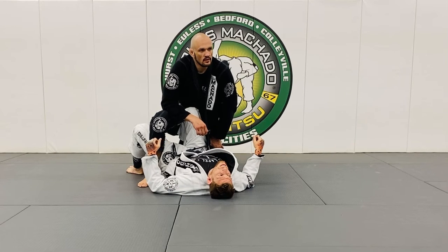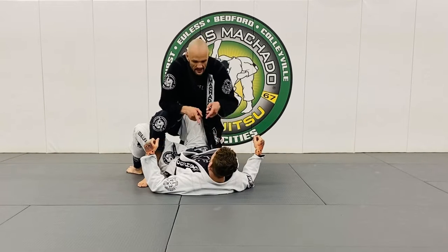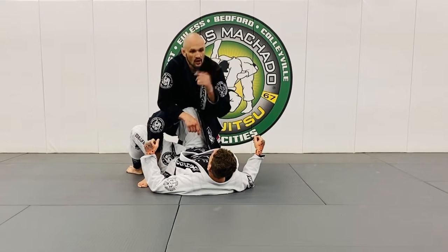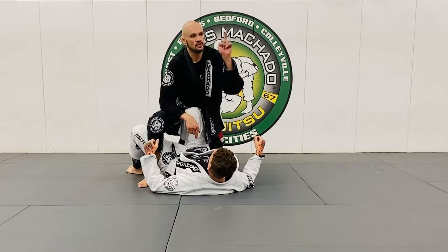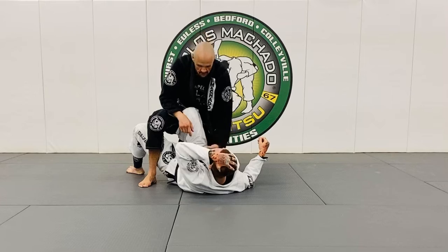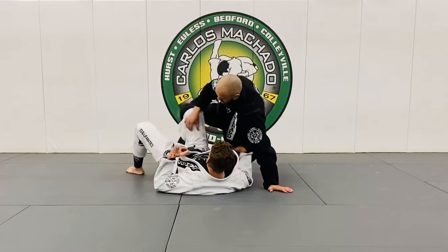Is that needed for the sweep, or can you kind of scoot in, then set up and go? What it does, it's almost like a tomoe nage where you scoot your hip in and take him over. Otherwise, I have to have more leverage. And typically they're going to be pulling back. So you scoot in, take them over. Plus my hips get in closer. So if you look,